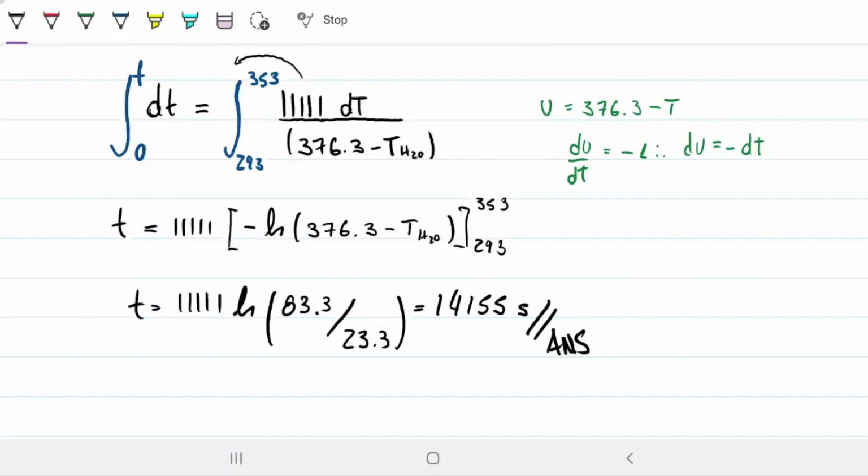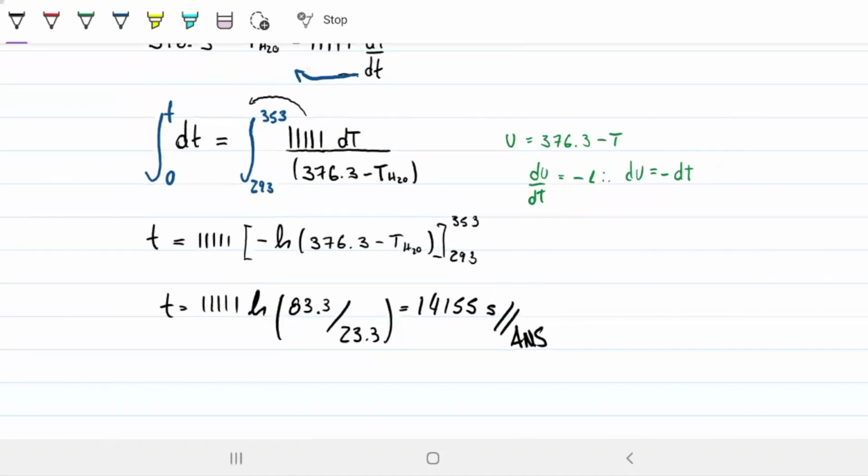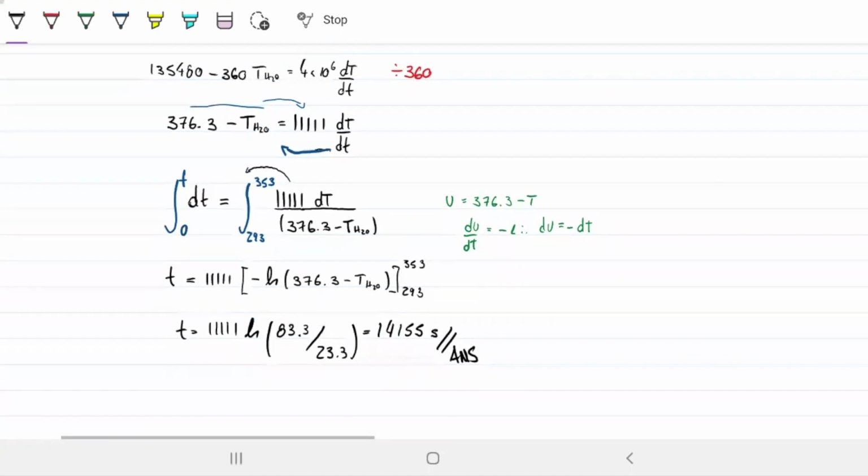Divided by 60, divided by 60, so this is roughly 4 hours. So it takes roughly 4 hours under the conditions that were presented to us for this guy to go from 293 to 353. And we also know that this is possible, right? We know that it's possible because it wouldn't be possible if it